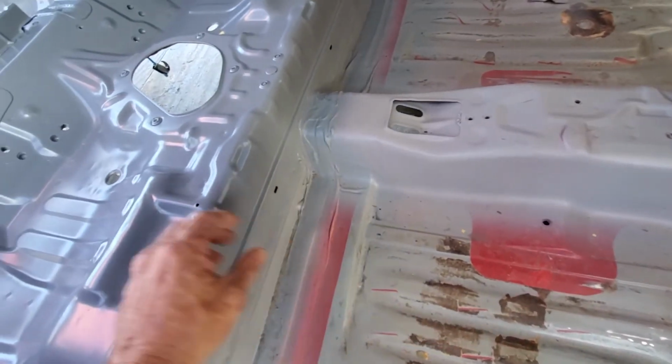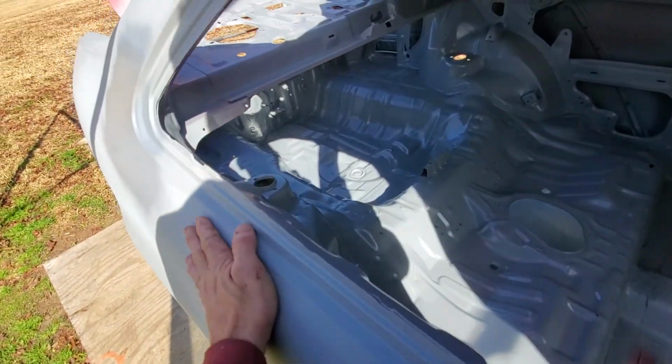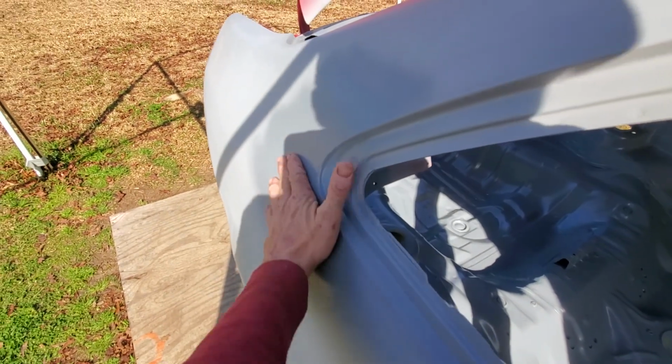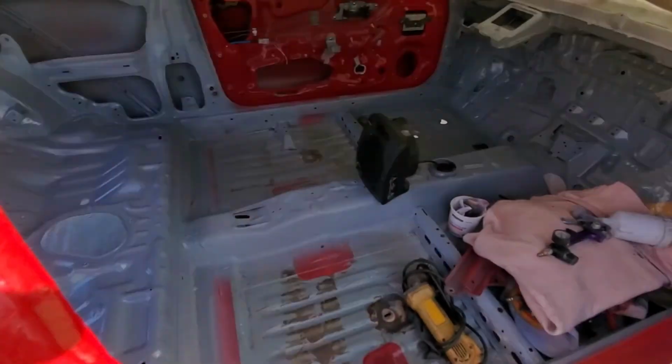My body is really beat today. I am so sore from crouching inside of here doing all this work to it. Shot a little primer there last night. I had to sand out a bad spot. But yeah, so the plan is